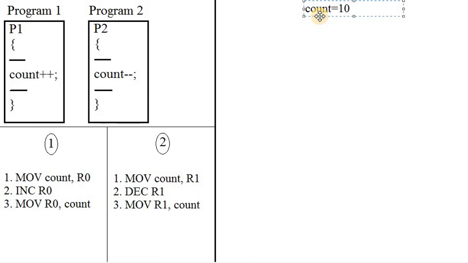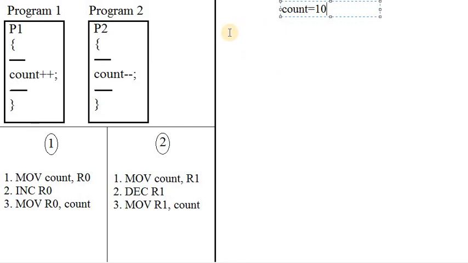Let us start our problem now. In this critical section problem, what will happen when the count variable is used in both the programs? When both the programs are executed simultaneously, what will happen? Let us see. Previously the count variable value is 10 only, right?